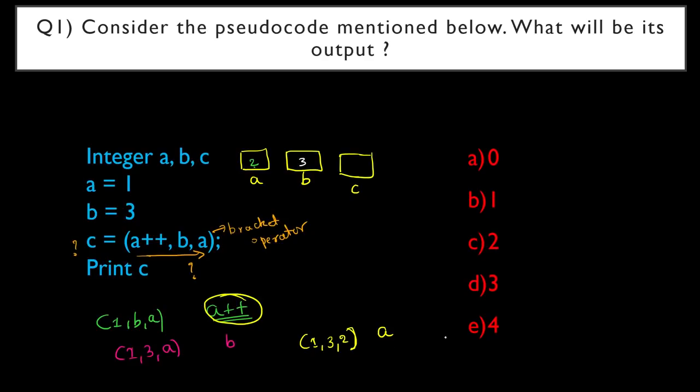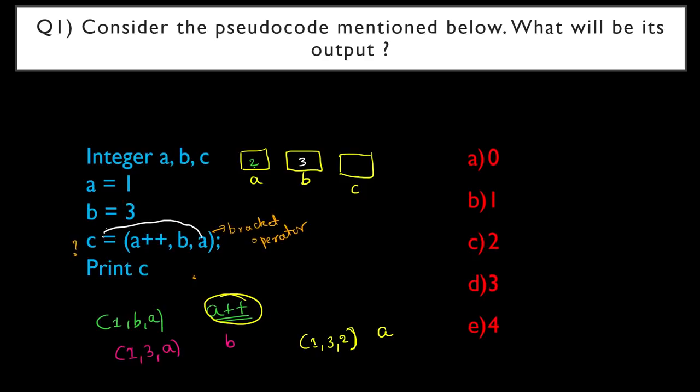Now what does the bracket operator do? Whenever you have 1 comma 3 comma 2, it returns the rightmost element in the bracket to the variable on the left hand side of the equal sign. Here, it is going to return the value of A